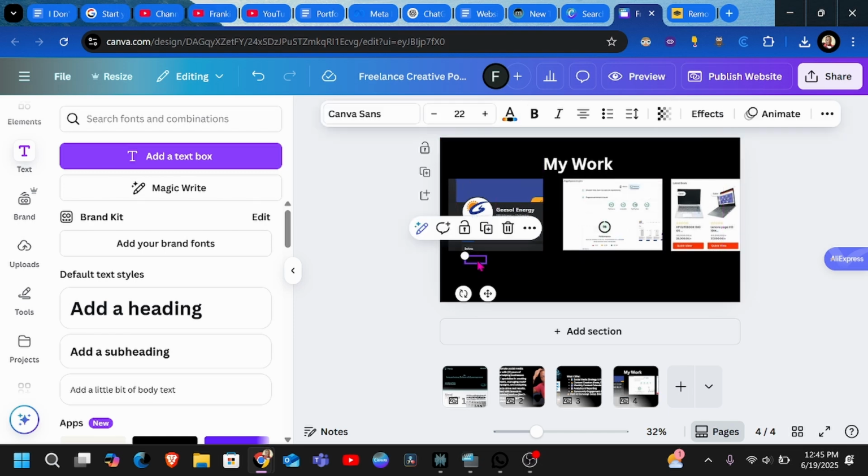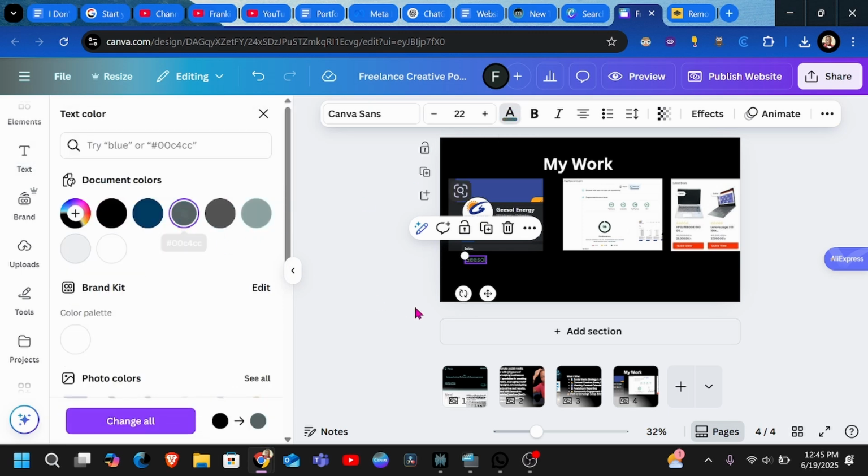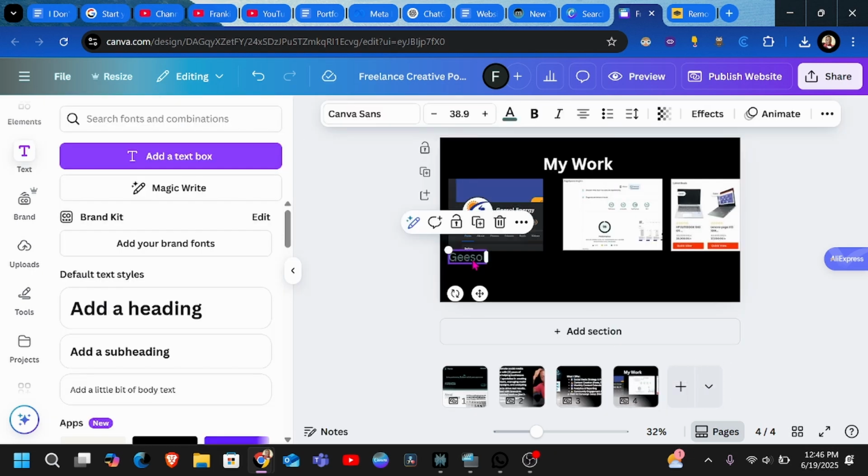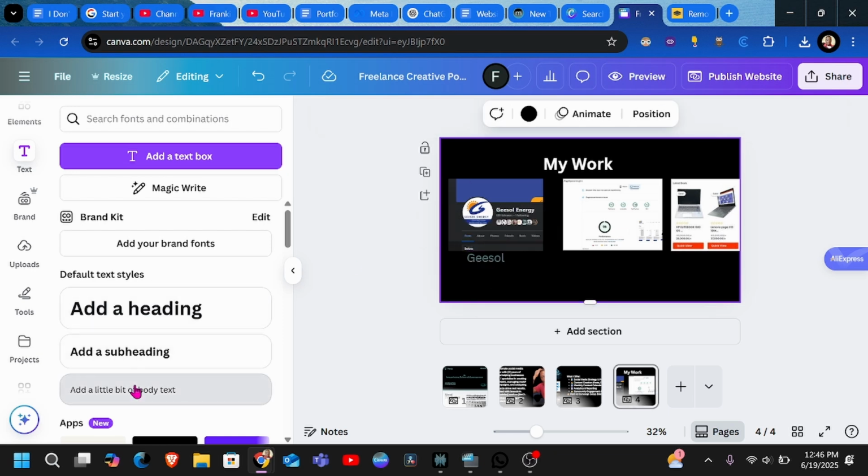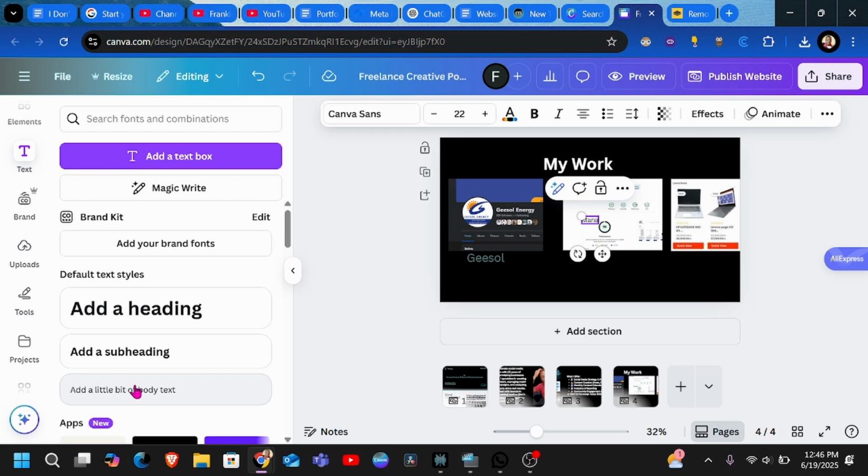Make sure that the contrast between the text color and the background that you are using is clear, so that there's that visibility. So if I double click on this and click on this, I can change the color to something visible, so I can have that as my main color. It is usually advisable to have a color scheme for the page or the website that you are creating. So for GSOL, I can add another text here and say maybe managed social platform, and achieved A, B, and C. Those are details that you're supposed to add. So I'm going to put that down here. Then change the color